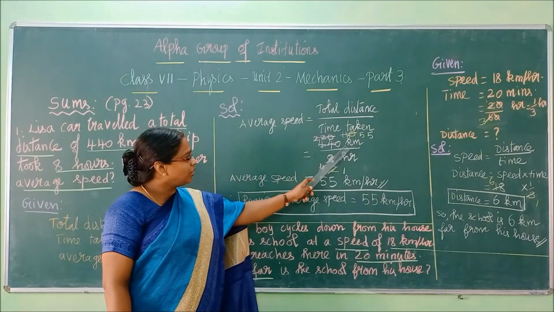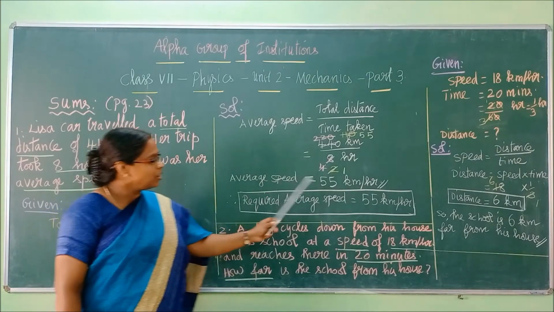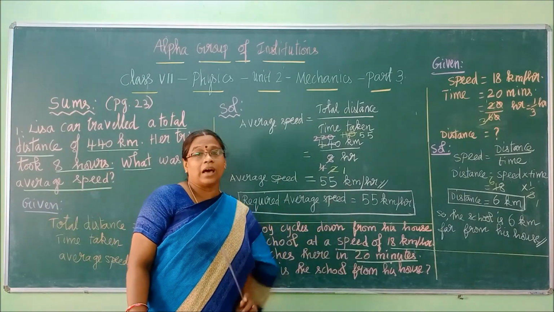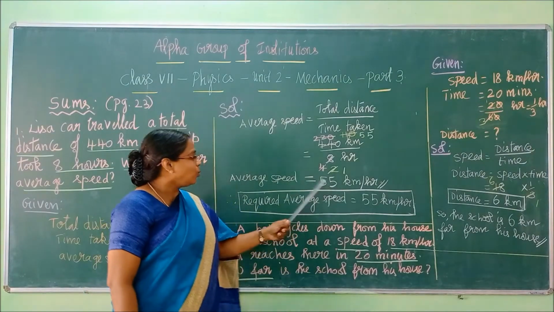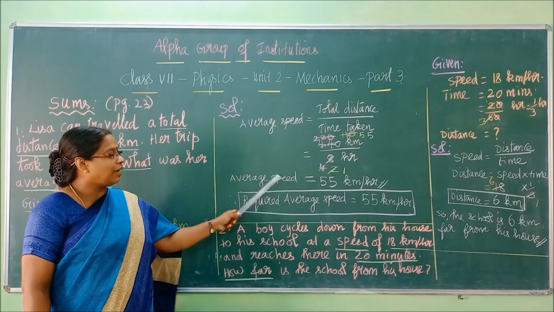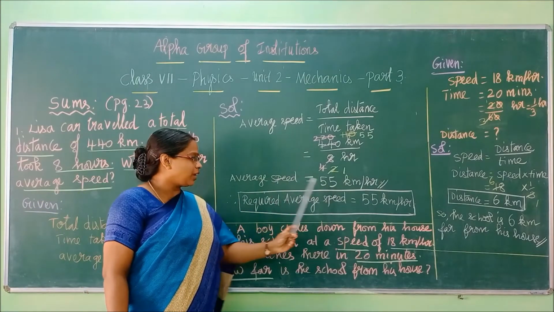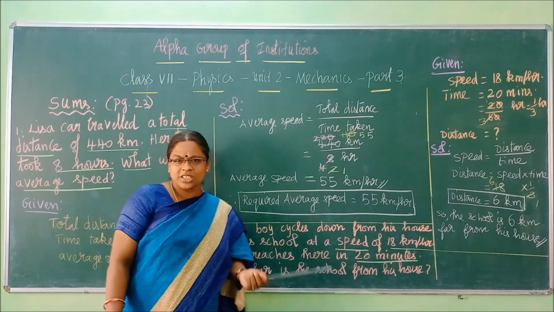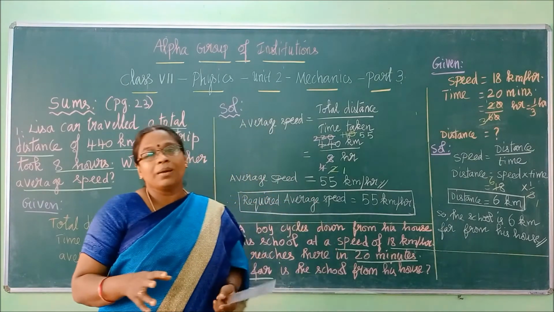Here distance we have written in kilometer, time we have written in hour. So what is your answer? 55 kilometer per hour. Now one important suggestion, children. Here two types of answering we have to do. One, what the answer they have written here you can straightly write, and ultimately this is a physics based sum, no, not your mathematical sums.